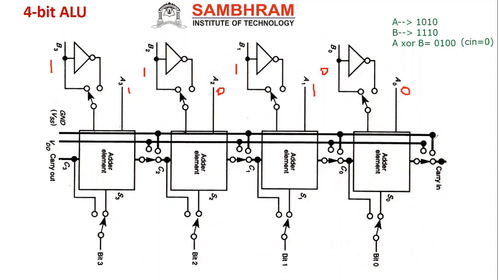All the full adders' Cin connect to 0. See, this is the Cin, right? This is the Cin actually. We connect to 0. See, connect to 0. Then this is the Cin for this. Connect to 0. Then connect to 0. Sorry, connect to VSS. 0 means connected to VSS. So this should be connected to where? Suppose connected to the switch. The switch has to connect to VSS. The switch connected to VSS.